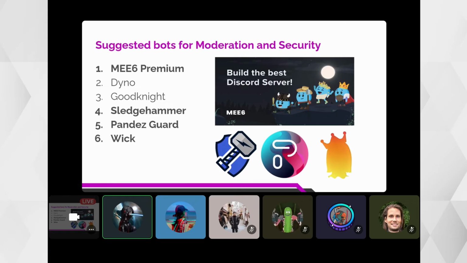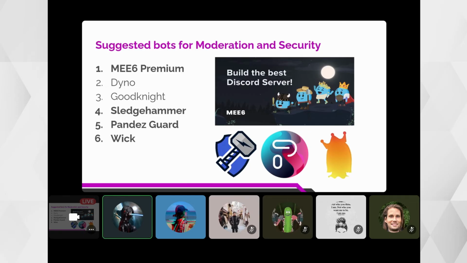With Sledgehammer and Pandas Guard, you can set it up so they have to select photos and choose the correct icon. For example, it says select the lemon, so you can ask them to select from the list. Bots certainly cannot do that unless they are very advanced.